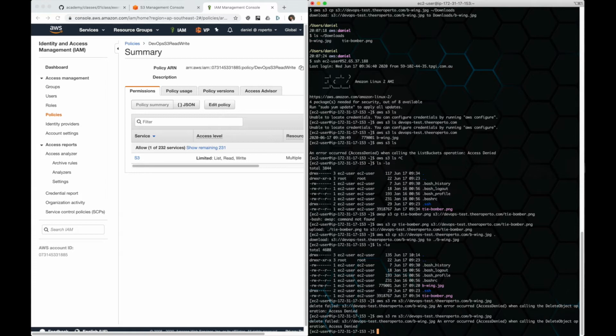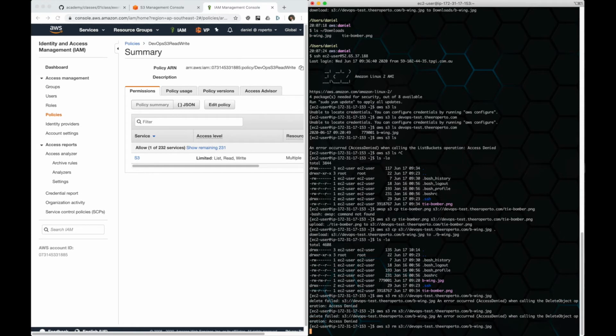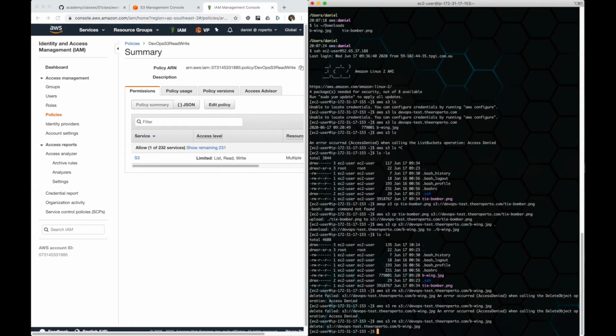It failed. Let's just wait a little bit. It takes a little bit of time to refresh. And now it's deleted. We did all that by the console, and the exercise is about doing that by the CLI. We need to know how we can run all these things from the CLI, because we may want to